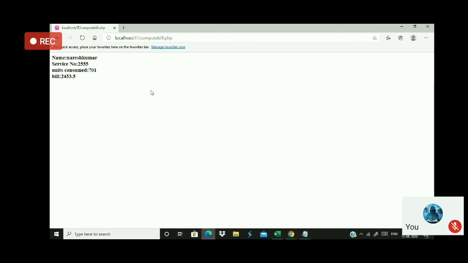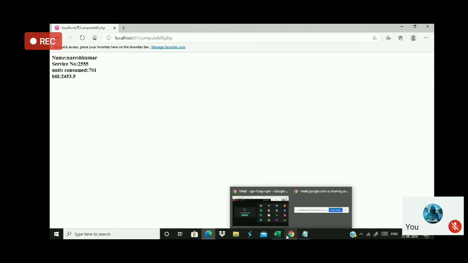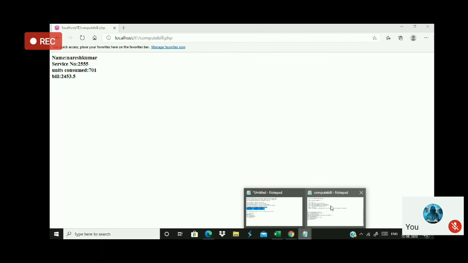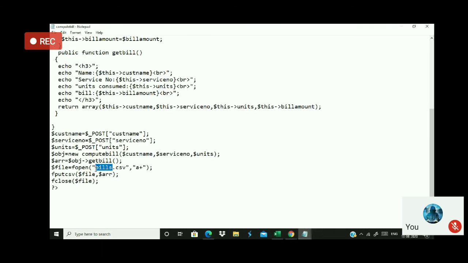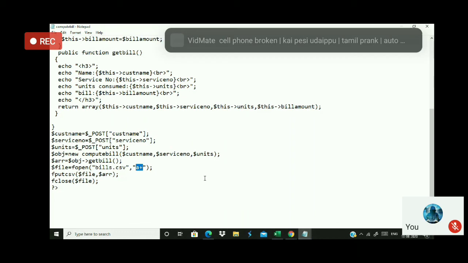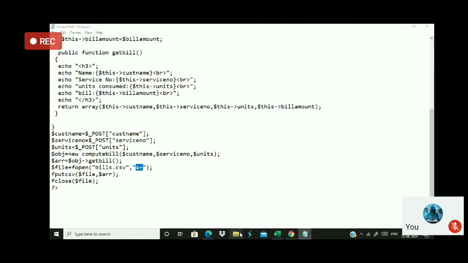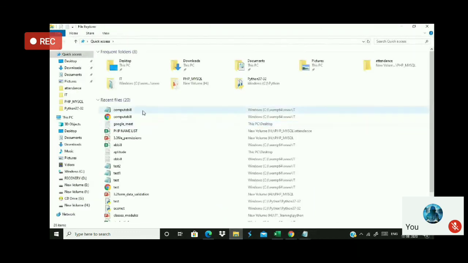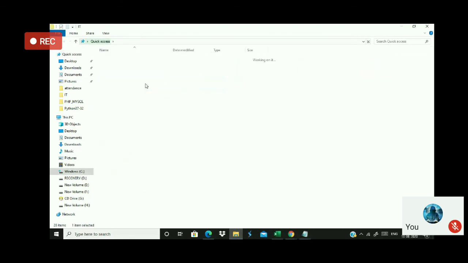All 4 records should exist inside an Excel file. The file name should be bills.csv. I have not created the file, but it will be generated automatically, because append mode or write mode creates the file even if it does not exist. Now I go inside my root folder.